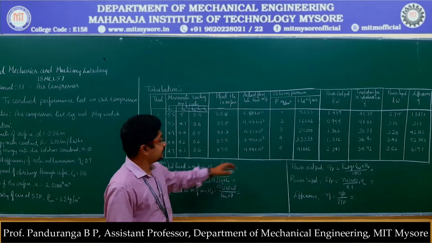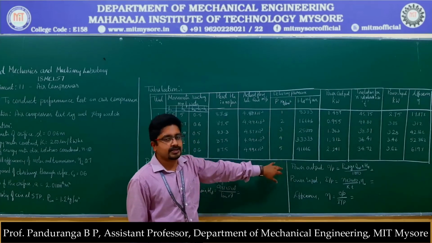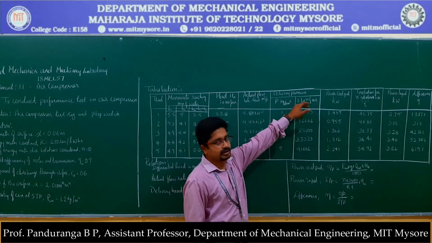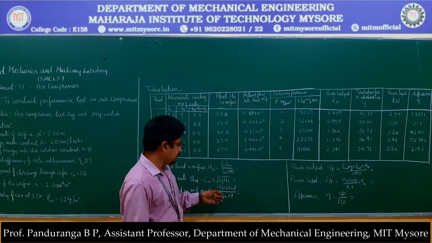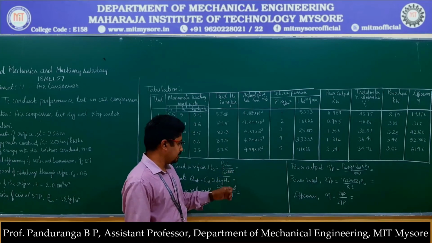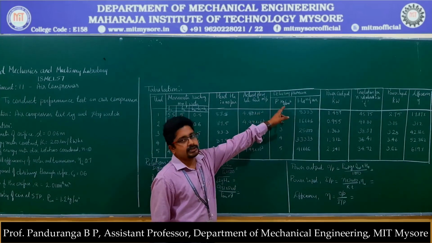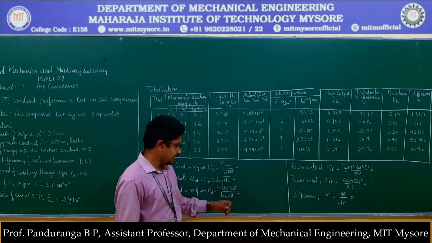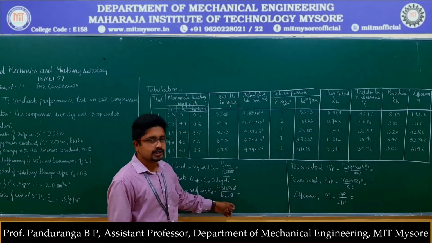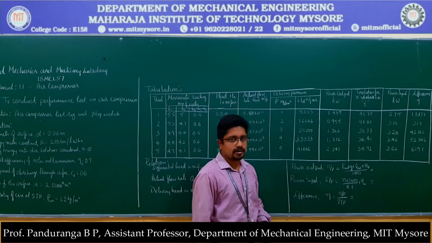And then we need to find out the delivery pressure. We measure delivery pressure in terms of kg per centimeter square. That should be converted into meters of air. For that we have the same equation here. Instead of h, we have the pressure here. So 9.81 into P into 10 to the power of 4, because we are converting centimeter square, which is in the denominator, to meter square. So 10 to the power of 4 divided by rho air into G. When we substitute, we get head in terms of meters of air.